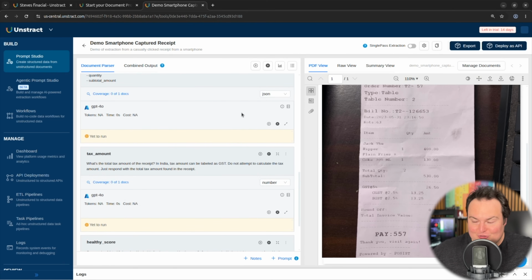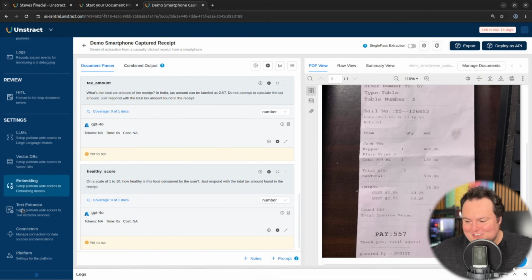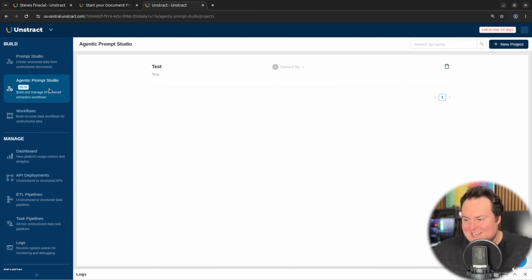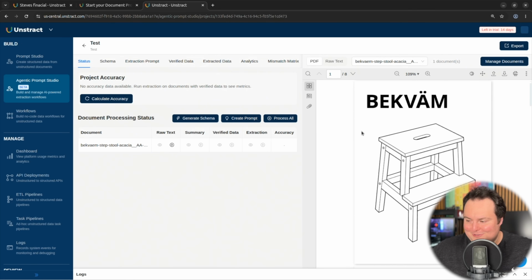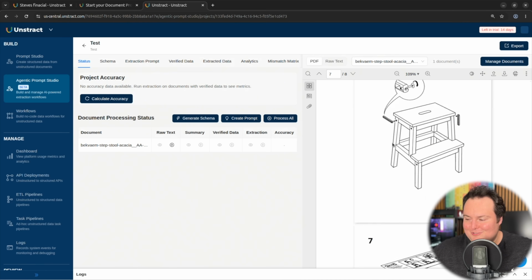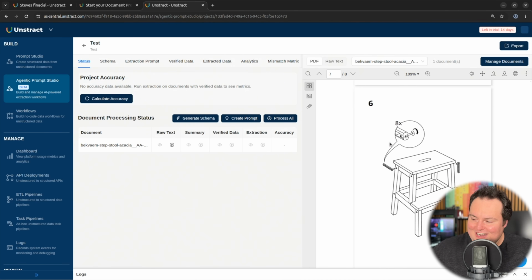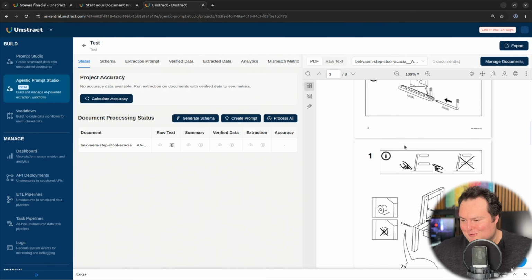And I would say that was totally worth doing, even if I can't necessarily showcase some additional things right here, but really just to show some of the cool things. They also do have the Agentic Prompt Studio right here, which I'm regrettably not really going to be able to showcase, but I do have an IKEA little document pasted in here because this is so image heavy, and it's kind of funny to see how IKEA things get performed with RAG